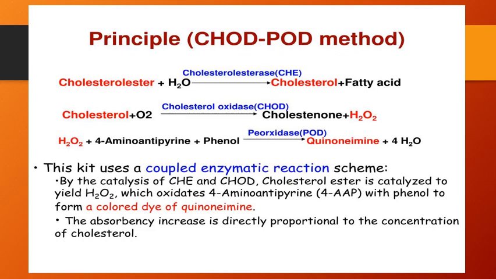And the compound which is formed, that is pinkish to red color, the OD of that will be measured at 530 to 540 nanometers. So once more, the esterified cholesterol on hydroxylation in the presence of esterase enzyme releases cholesterol and free fatty acid. The free cholesterol combines with oxidase enzyme and it releases cholesterol and hydrogen peroxide.